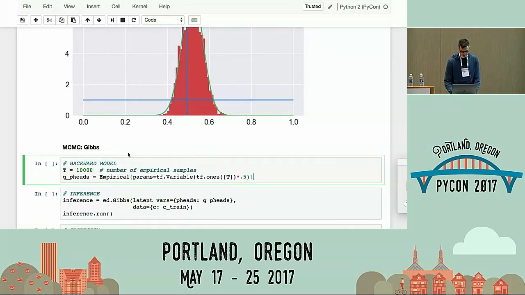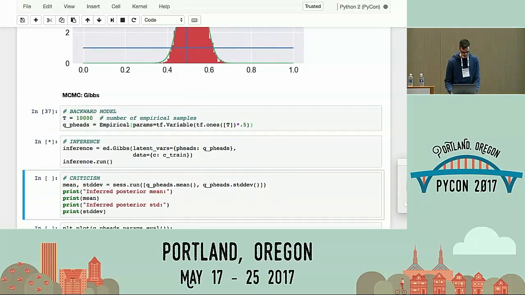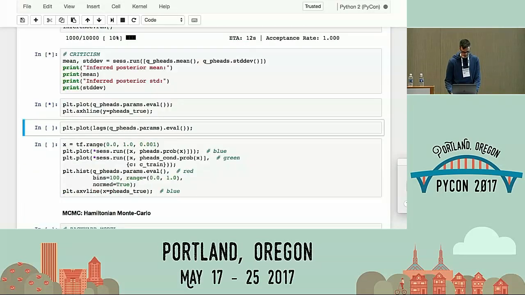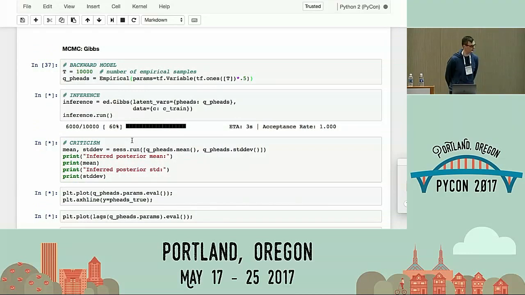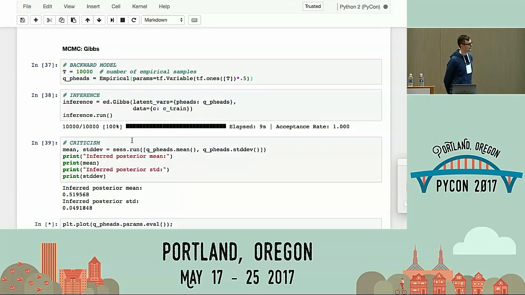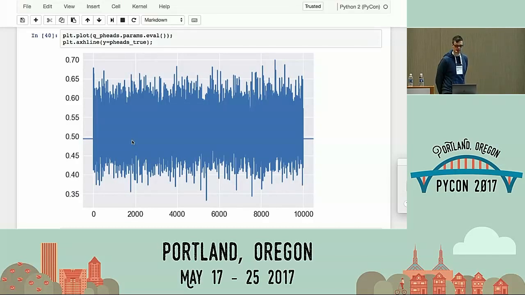So here's the code. It's the same again. And now it runs, and you see the acceptance rate is exactly 1, as it should be for this method, because it's always accepted. And this is the trace. You can already see visually it's different than the previous one. There are no gaps, and the gaps are missing because the acceptance rate is 1,